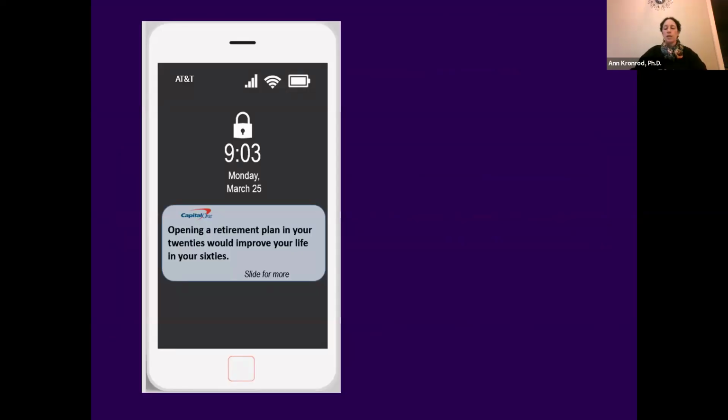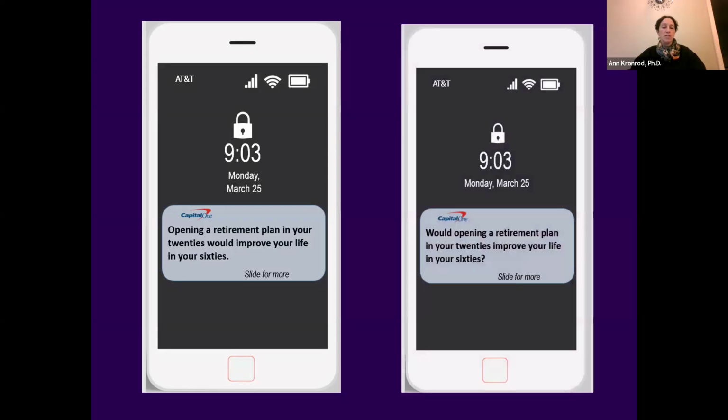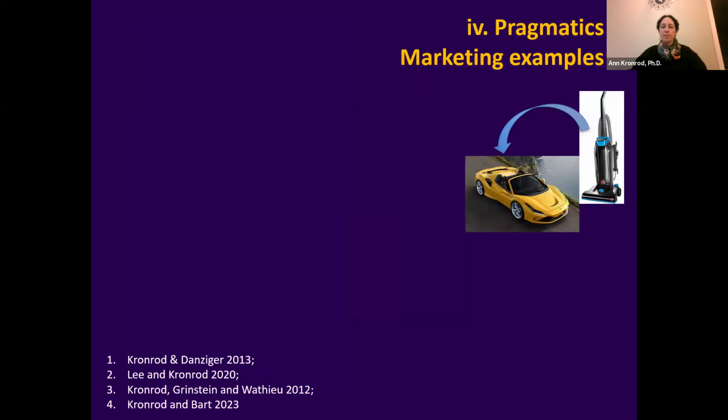We used these questions and questions of that sort in various experiments, such as sending bank notifications to participants. They receive this bank notification versus that bank notification, and we measured which of the two groups is more likely to click or swipe the notification and start thinking about retirement. We measured different activities as responses to these statements versus questions.